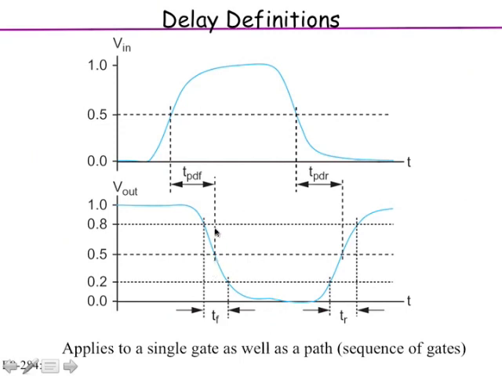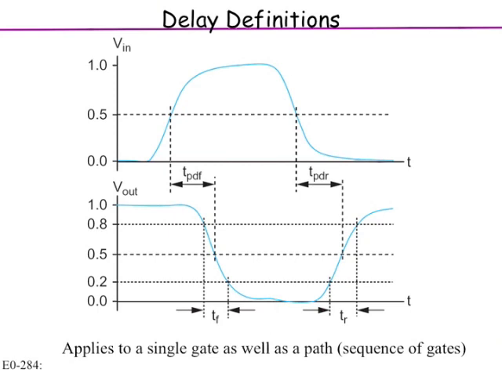So here the definition is the time required for the signal to change between 80% and 20% of the two values. For the falling transition, from the 80% point to the 20% point, what is the time required? That is called TF, the falling time, the falling slew. You could use both of those terminologies. Similarly, the rising slew is the time required to go from 20% to 80%. That is the definition of the rising slew.